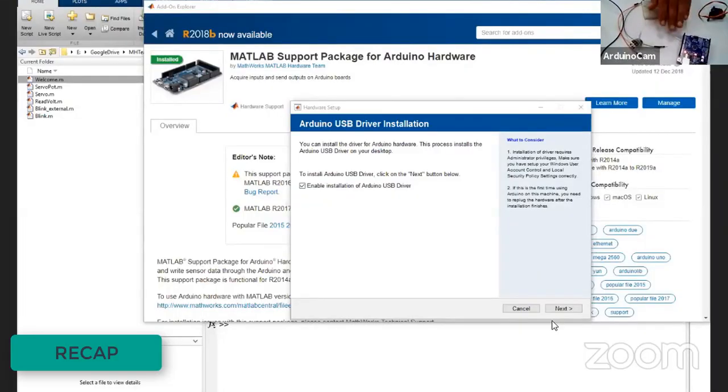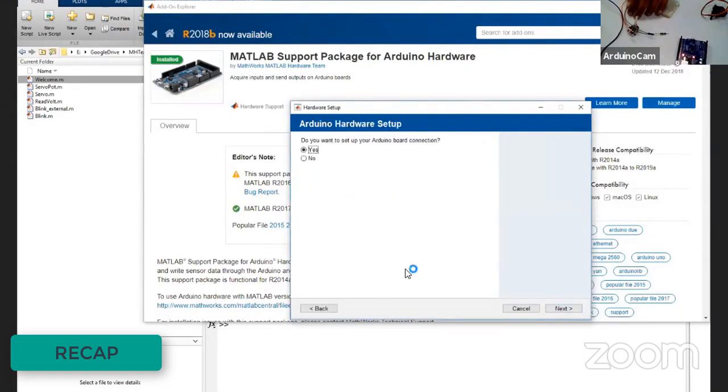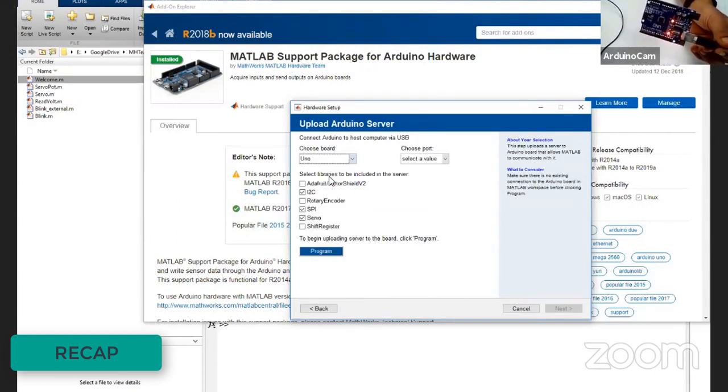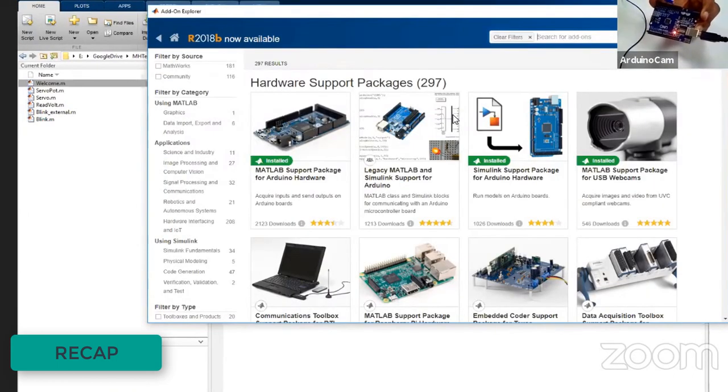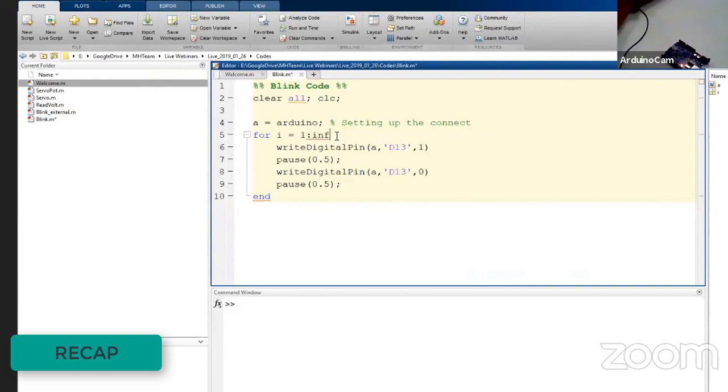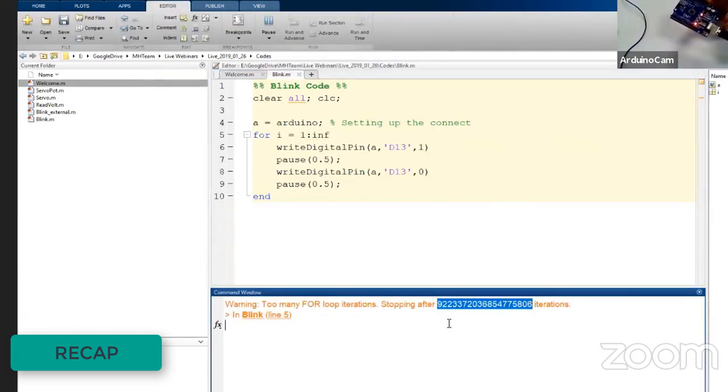In the previous webinar, we covered how to install the add-ons, or the support packages, which are necessary for using Arduino with MATLAB. We also showed how to set up your Arduino and check if the connection is proper, or how to set the COM ports.